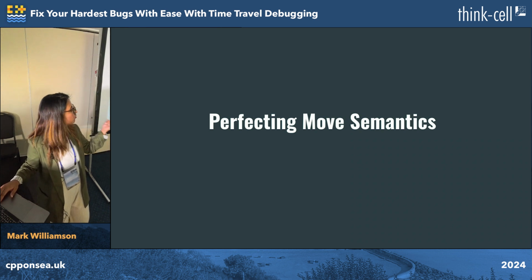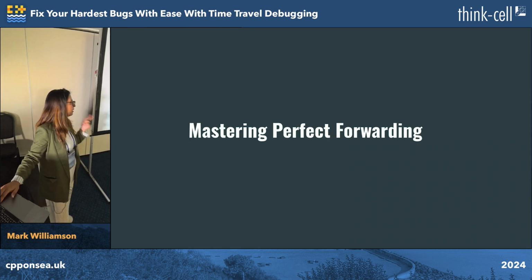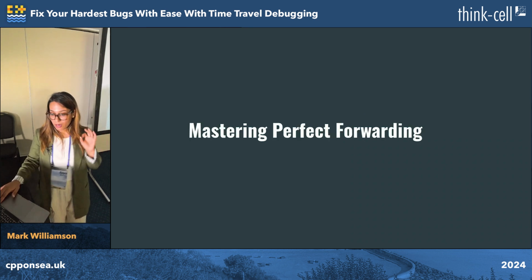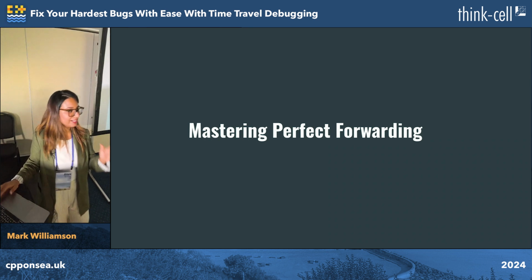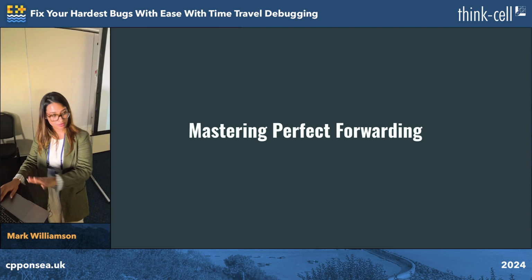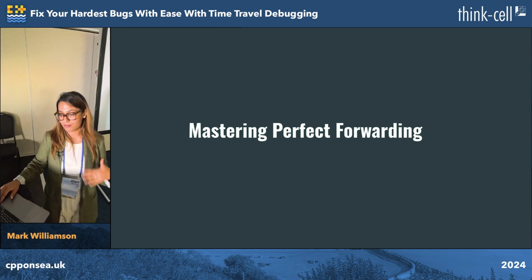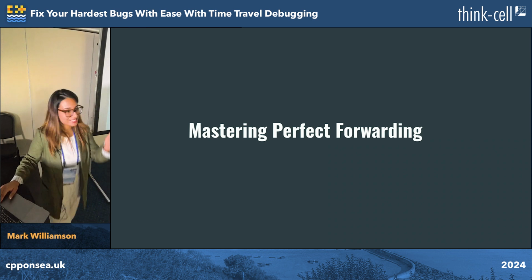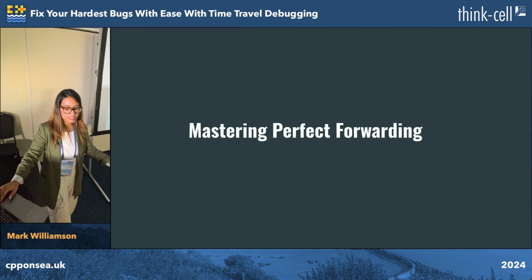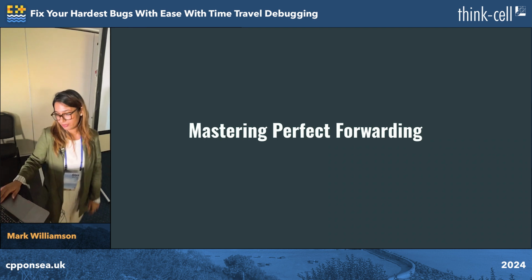And to understand move semantics in the best way, we need to know the concept of perfect forwarding. Perfect forwarding is a technique that allows you to forward arguments to another function while preserving their own value category. If you want to design template functions, if anybody has done it, this comes very handy, as they accept any type of argument and then forward them to other functions in an optimal way.